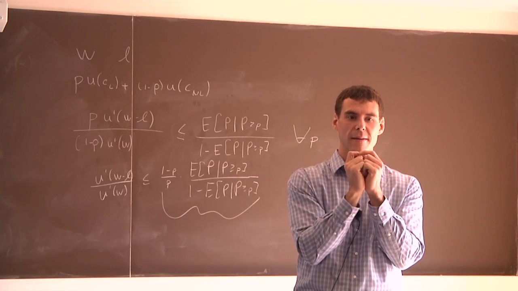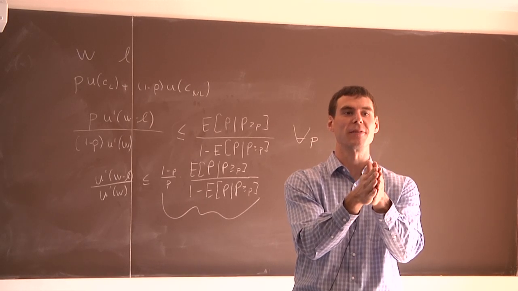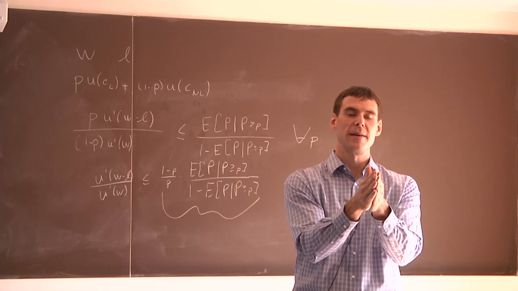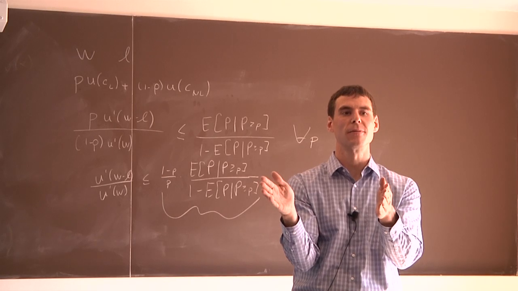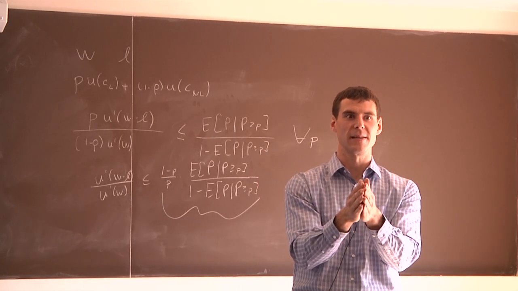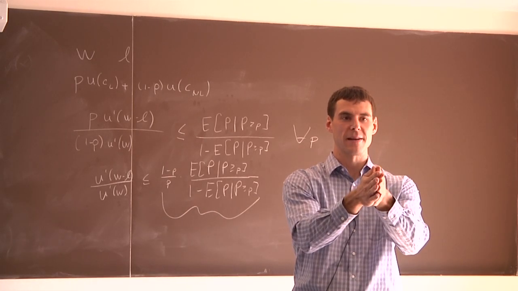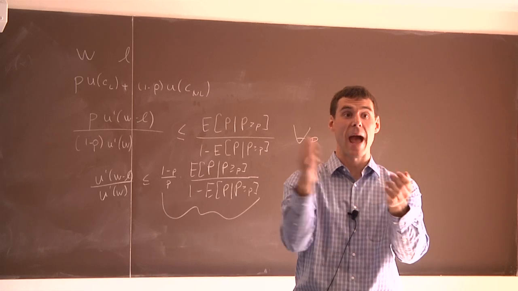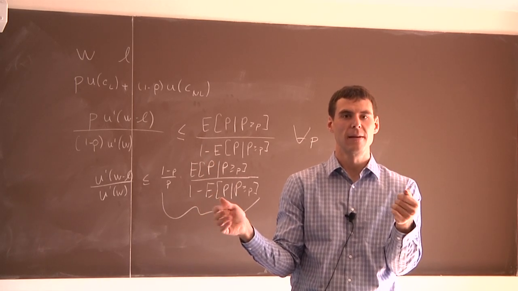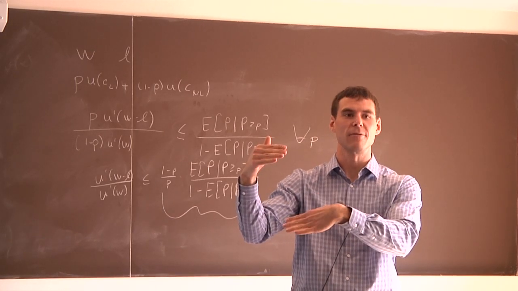The cheapest way for me to do it is to make you perfectly indifferent to it. But now, if you're indifferent to it, all the risks worse than you are going to want that policy too, in this sort of stylized world. So what's the cost to me of selling you that insurance, or of giving you this transfer? It's given by the average probability of all the worse risks than you, and the cost of the transfer is then the average probability of all the worse risks than you over 1 minus that average probability.